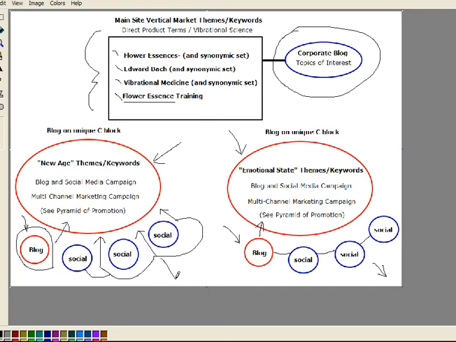It's proprietary technology. And then this. Okay, you just want to do a social media campaign tied to these. You're going to target a new age market sector. You're going to target this, and then somewhere in between, you're going to have the main site terms and scientific terms coalesce throughout your whole